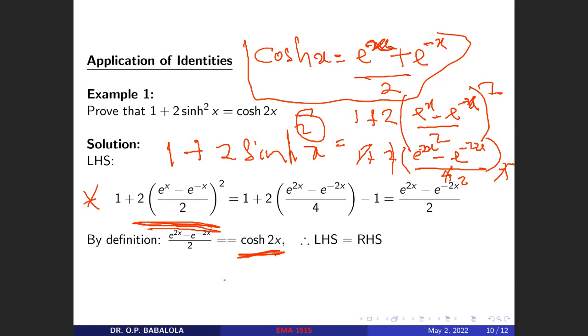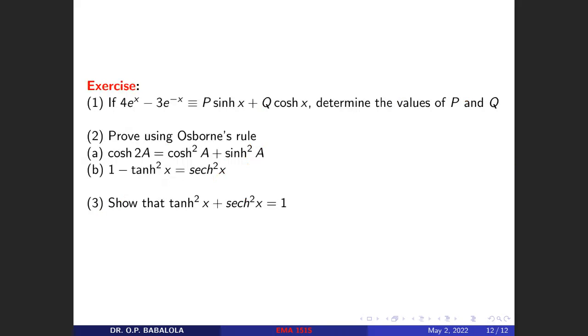Please do that in your own time. Let's go on. And I've also left you with exercises to do. The first exercise is actually similar to what we have just done in example 2. Then try to prove Osborn's rule, this A and B, and then I want you to show that tan squared x plus